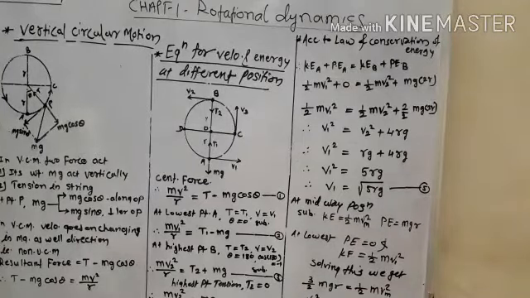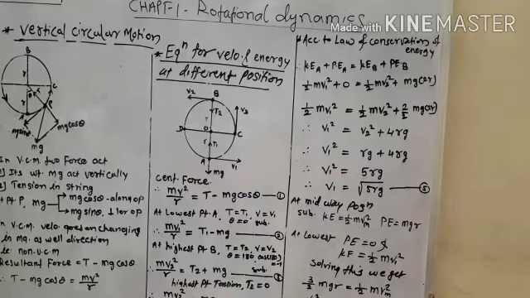This expression gives the minimum velocity which the body must possess at the lowest point so that it can safely travel along the vertical circle of radius r. And these are the two very important formulae at the highest and the lowest position. At the lowest position, v1 is equal to under root 5rg, and at the highest position, the velocity v2 is equal to under root rg.